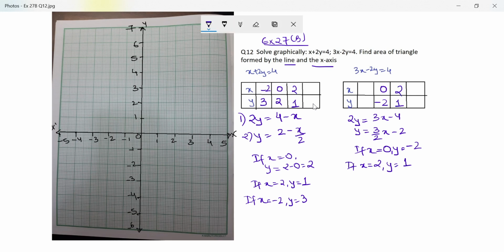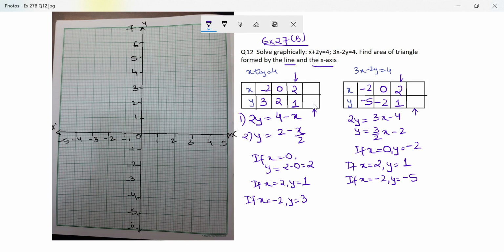I think I've already got my answer, because this is the point which is common to both of them. But anyway, they don't want me to solve it like this. I still need to plot it on the graph. Next, if x is equal to negative 2, y would be equal to negative 3 minus 2, that's negative 5. So y is negative 5 if x is equal to negative 2. I hope you realized I've left one column blank here. We'll come to it in a minute.